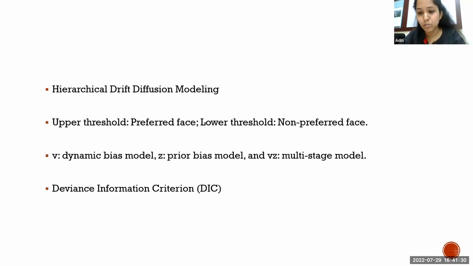We have used only these two parameters related to models because in this framework, in the drift diffusion model, a bias can arise in two ways: by either shifting the starting point of accumulation towards one of the bounds, or by changing the rate at which evidence for one versus the other choice alternative is accumulated. So that is why these two parameters we are going to explore.